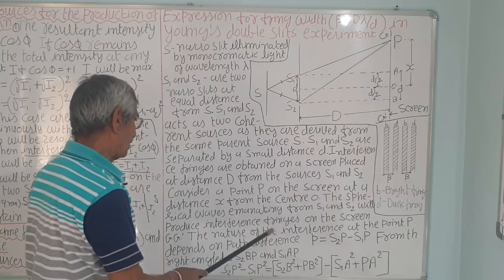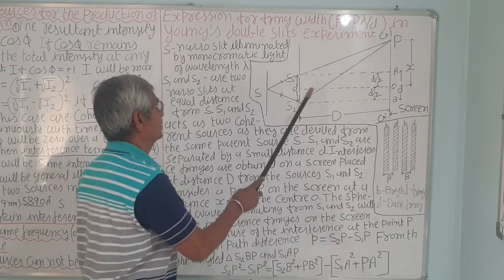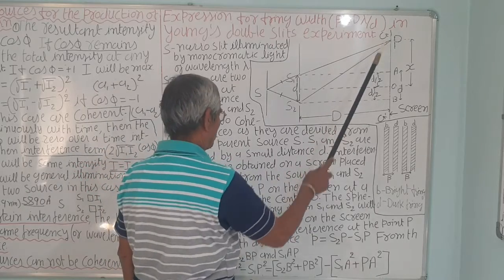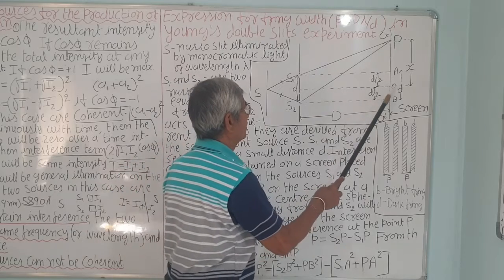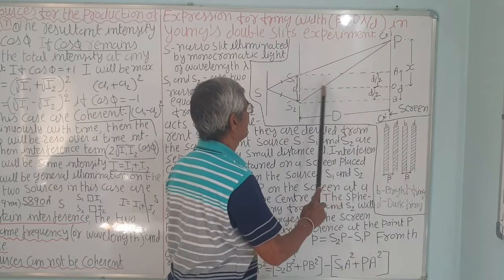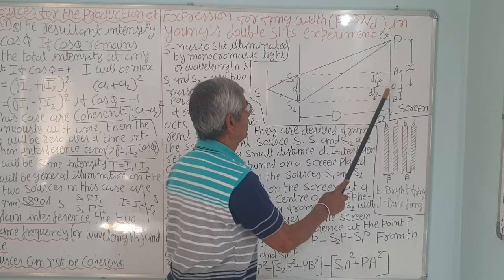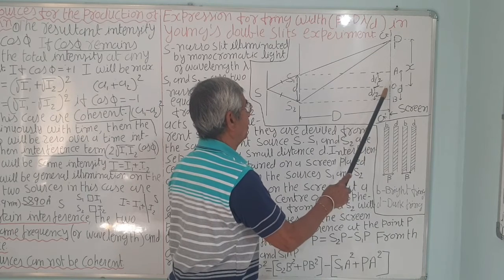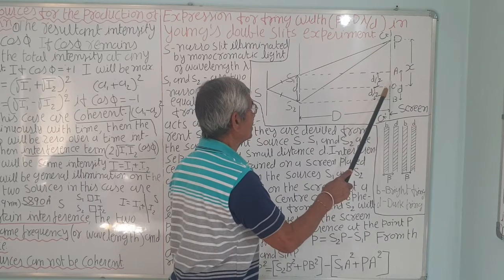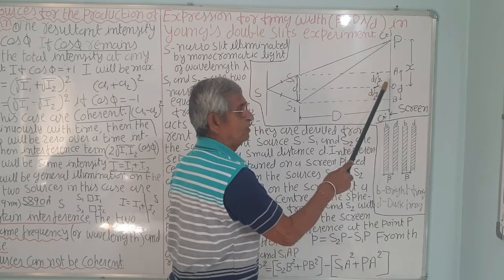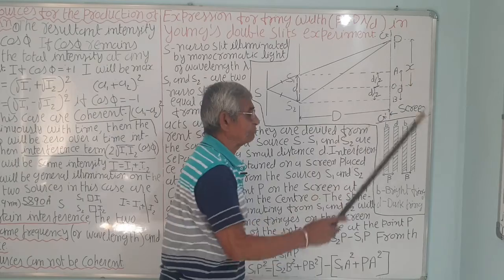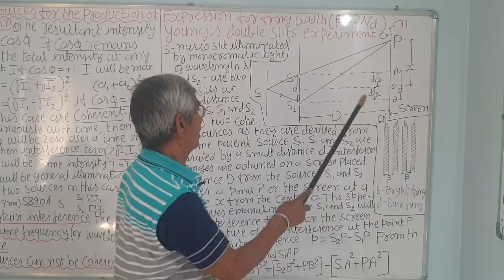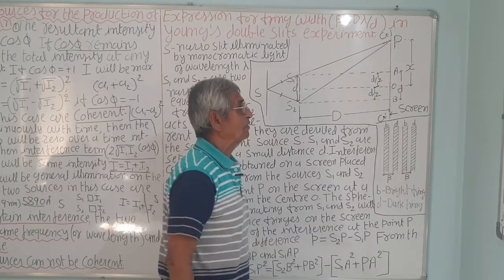They produce interference, and when they interfere, they will produce interference fringes on the screen. See, here the center is the bright fringe because, being equidistant, the phase difference is 0. If the path difference is lambda by 2, then we will get a dark fringe. Then if it is lambda, it will be a bright fringe. Again dark at 3/2 lambda, let us see it.